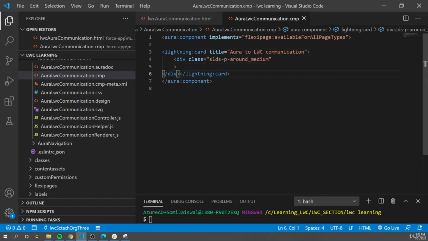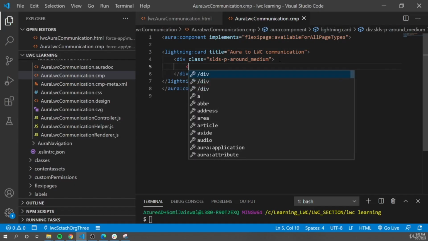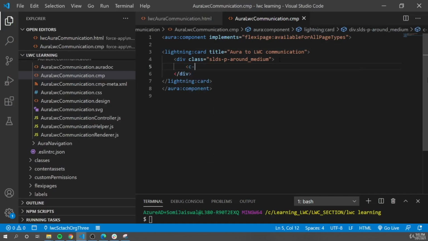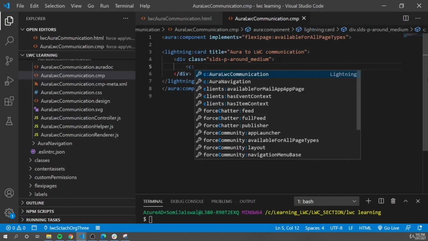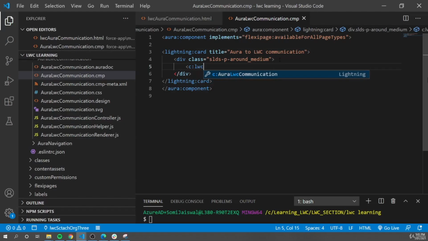Now my div tag is ready, and within this we'll write our logic. Our first step is to demonstrate we can embed a Lightning web component inside the Aura component. So if we have to embed a Lightning web component, we'll use c hyphen and the component name. But here, as I said, every hyphen should be replaced with a colon. So here we'll call it as c colon, and then our component name, that is lwcAuraCommunication,